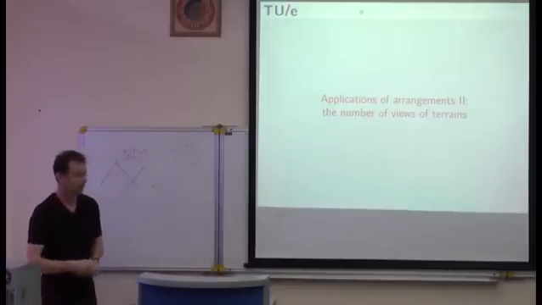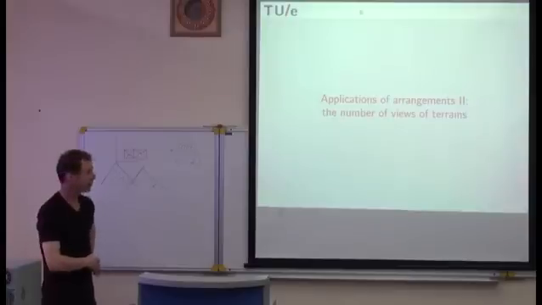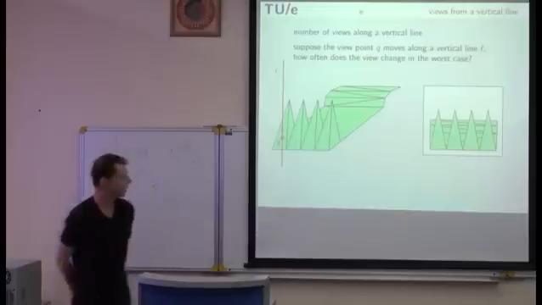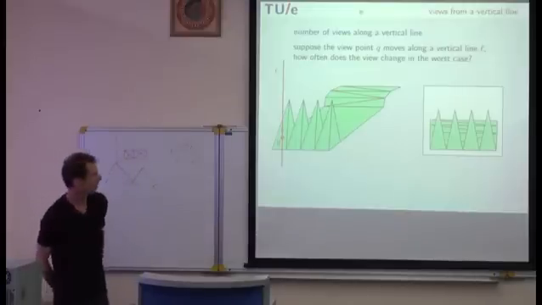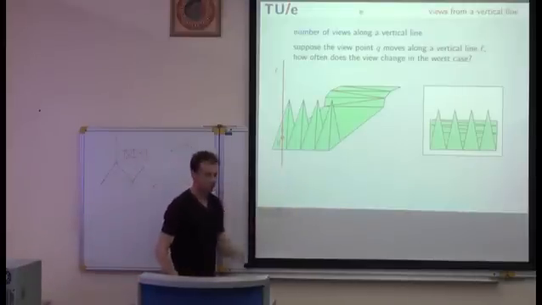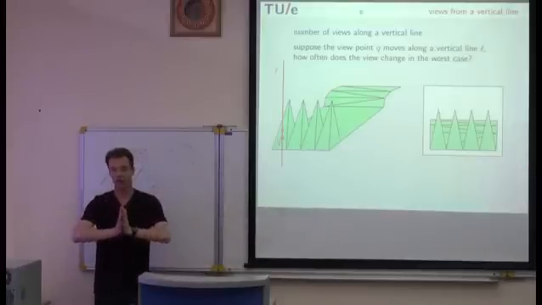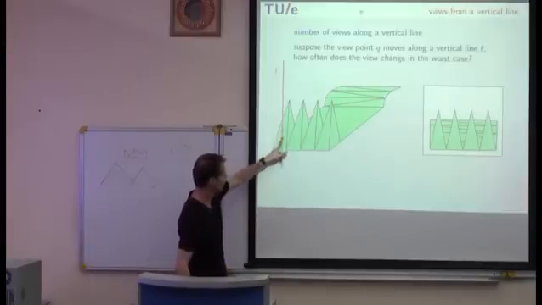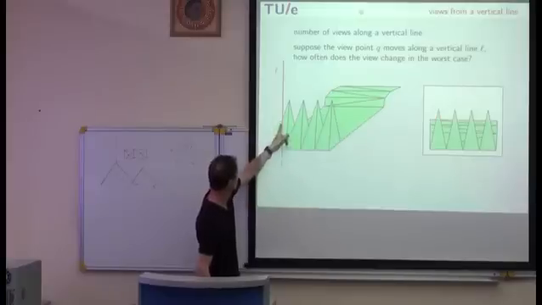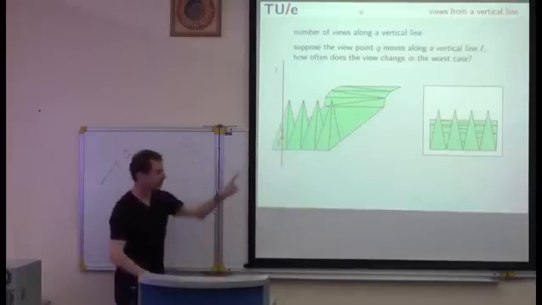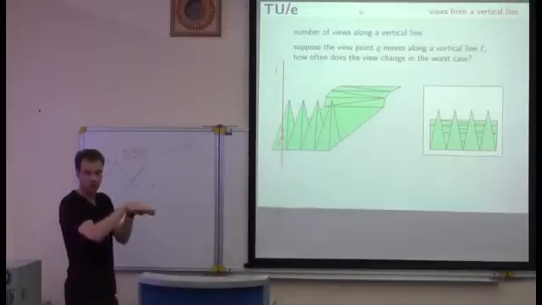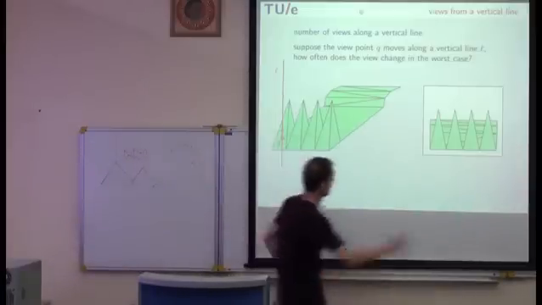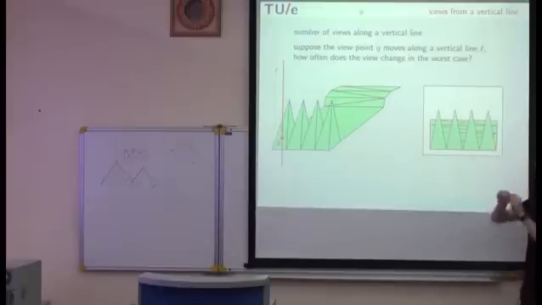Second application. Nothing about data structures, nothing fancy, just computing the number of views. So again, I have a terrain. Now take a vertical line. So this vertical line is now fixed. And I wonder, if I move my viewpoint over this line, then what I see in the terrain is going to change. For instance, maybe from here I see this picture, but when I go higher,